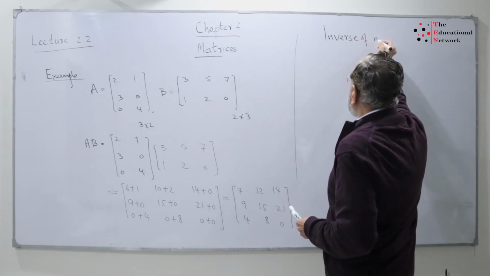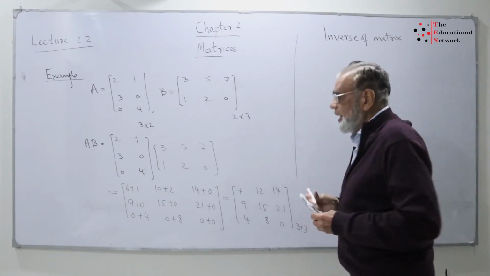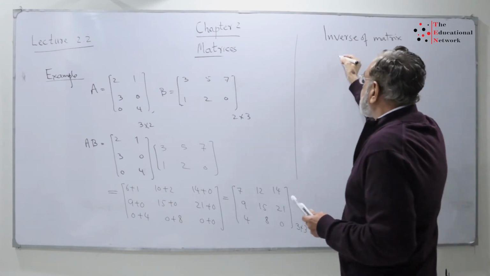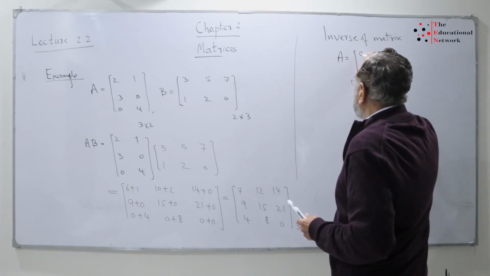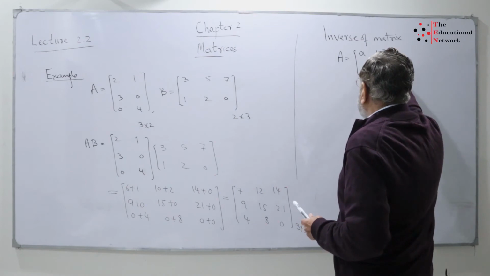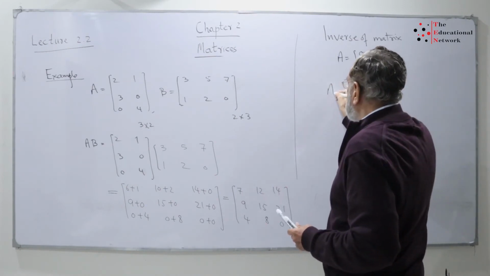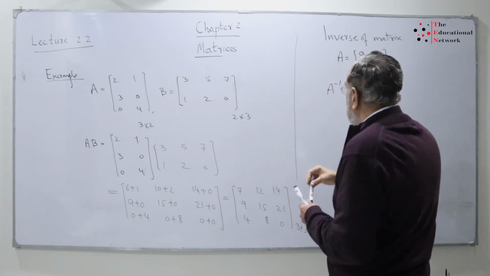Inverse of a matrix. We start from 2 by 2 and then we extend it to any size. I take a matrix A. My matrix A has the elements a, b, c, and d. I just write the formula for finding the inverse of A. My inverse of A is equal to